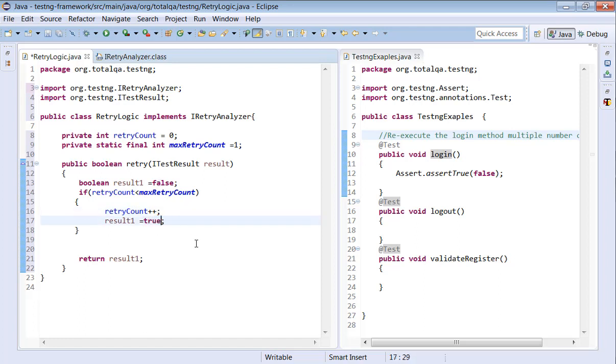And here we'll put 2. We increment one more time. We return the result as true. Otherwise, the result is false.